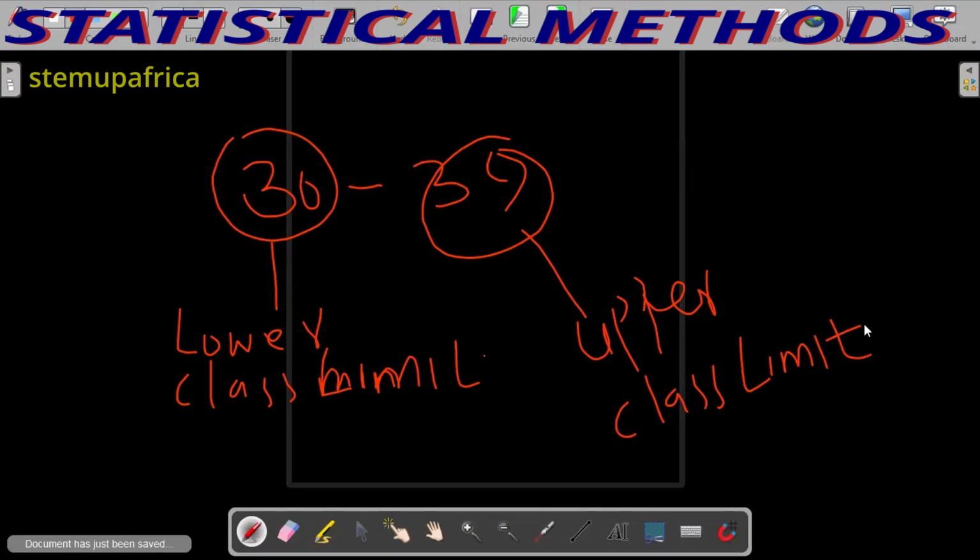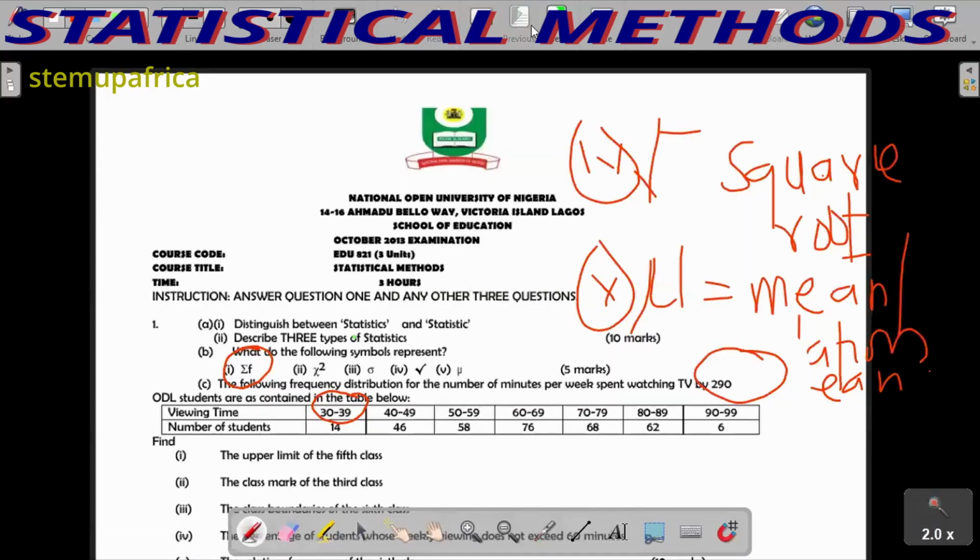So then, if you go back, 40 to 49, the 40 is the lower class, the 49 is the upper class. 50 is the lower class, 59 is the upper class, 60 lower class, 69 upper class. Just like that, then 90 lower class, 99 the upper class. Now, if you look at question Roman figure 1, the question says, find the upper class limit